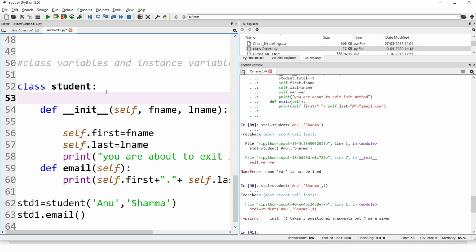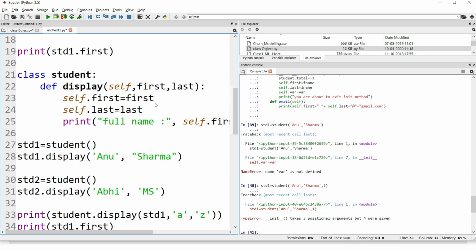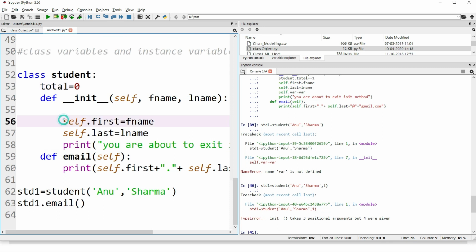Now class variables are common. I want to see how many students have actually enrolled for my Python class, so I'm creating one class variable over here, total. The initial value of total students is 0. And now whenever an object is created, of course, it will call the init method.